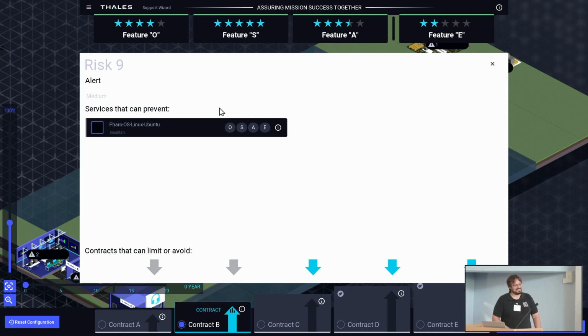It's a solution. Okay. So you know there is a 4 feature on the top. Which feature do you want to address? The second one, the S feature. Okay. We will see that the Faro Linux Ubuntu services can maybe prevent the risk